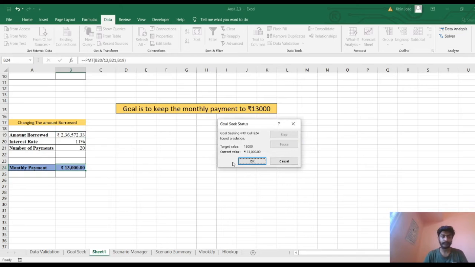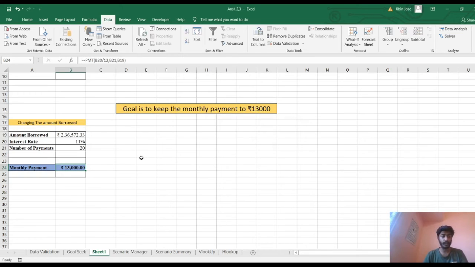You can see automatically, in seconds, it has given me the result: with this interest rate and a number of payment months of 20, if the amount borrowed is 2,36,572.33, the monthly payment will come down to 13,000 rupees.